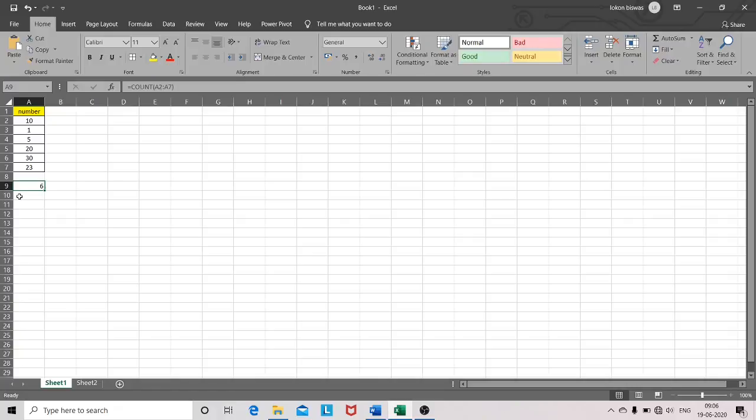Now I want to add a condition here. Suppose I want to know how many numbers are bigger than 10. So what do I have to do? I have to use the countif function. In a similar way, type equals sign and countif.